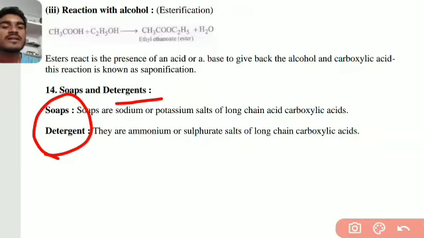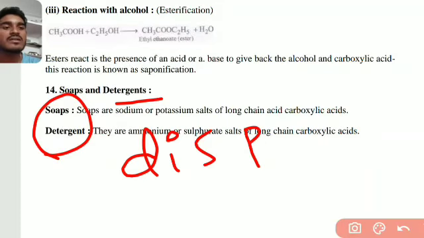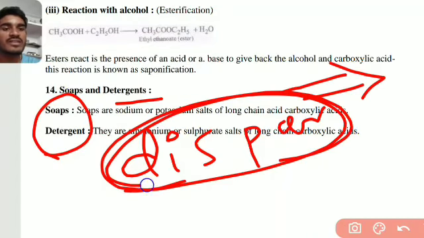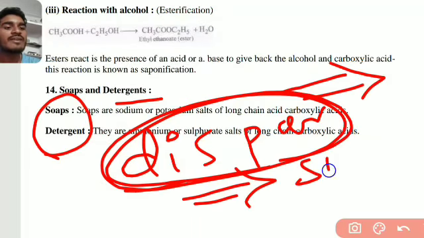Now we'll see the colloidal properties and their dispersion medium. We missed those topics here. So what is dispersed phase and dispersion medium? The dispersed phase means the solute: the colloidal solution contains solute particles that we call the dispersed phase, and the solvent mixture we call the dispersion medium.